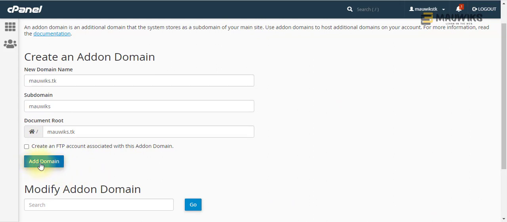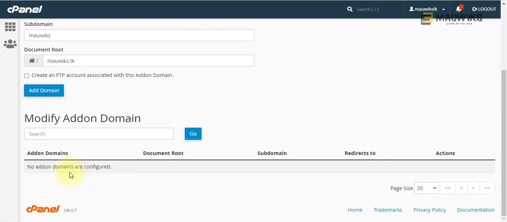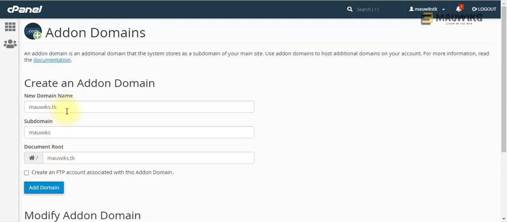So just add the domain here. Excuse me. Just add a domain and it should be good to go. Since the cPanel account that I'm using already has the domain existing,